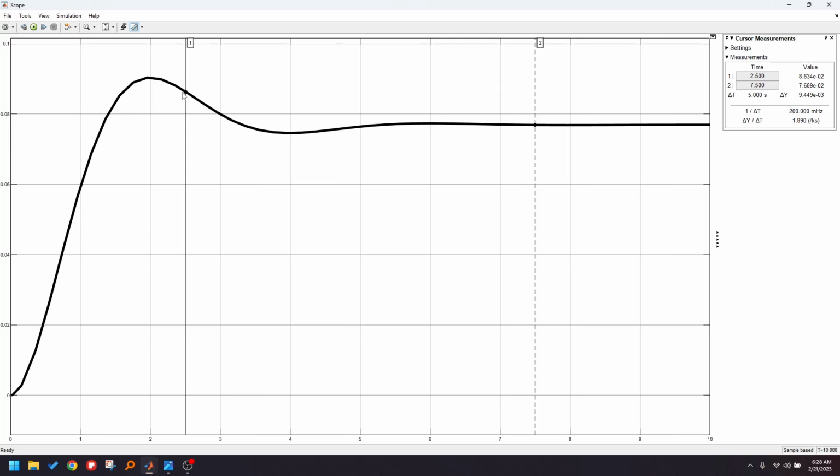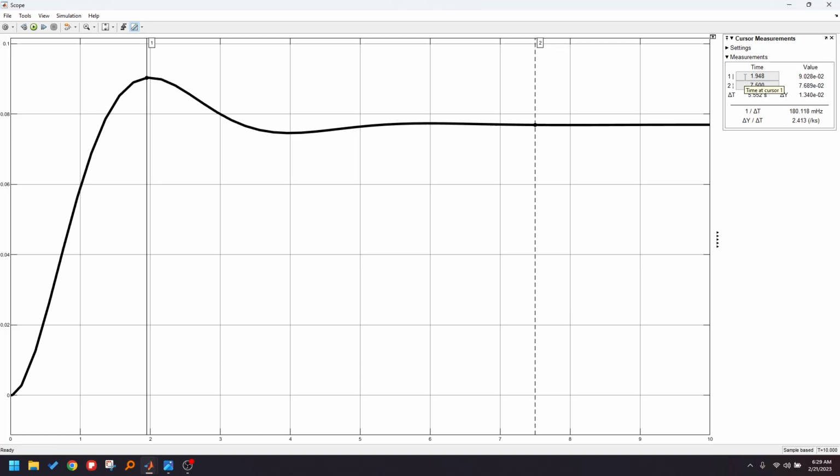Then you will get two cursors. If you see here, you will have something called 1 and 2. So these are two different cursors that you can drag around with. So now manually you can just drag to this point because this is my peak point. Alright, so now I can see, okay, this is my peak point, and on the right hand side I will have another window